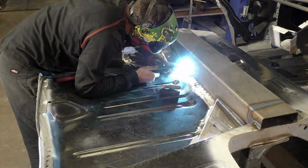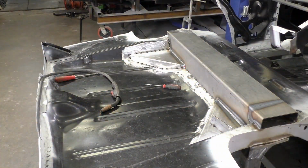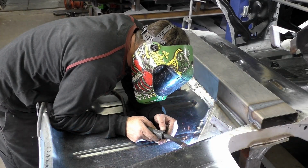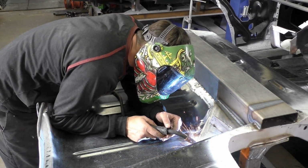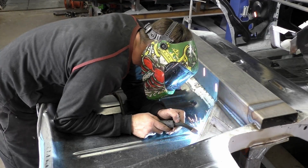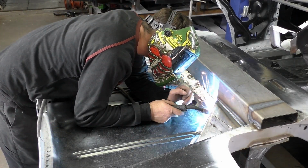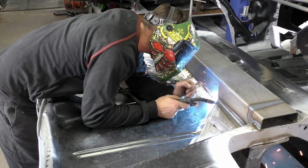Look at your welder and verify what settings you need to start if you're unfamiliar. This kit, I feel you do have to spend the time, and you really should be a good welder since it is a suspension kit. So practice, practice, practice. What I'm doing, you could see, I'm pretty much running a straight bead on this whole